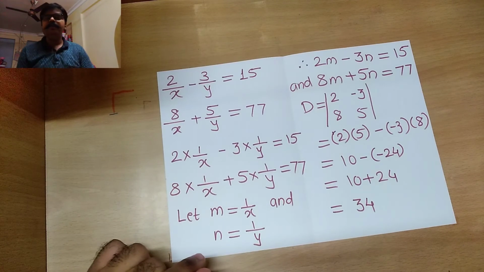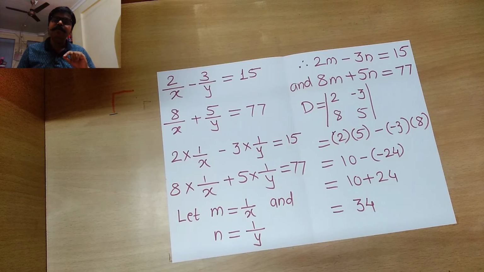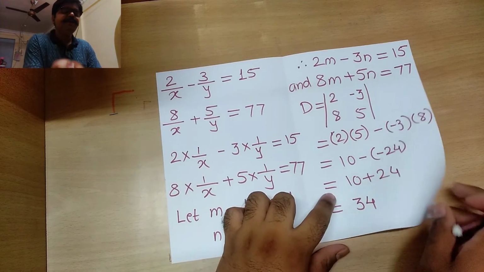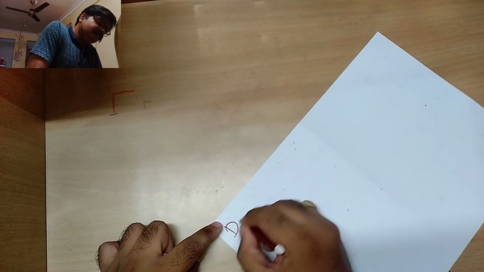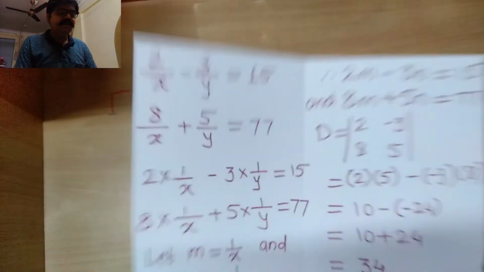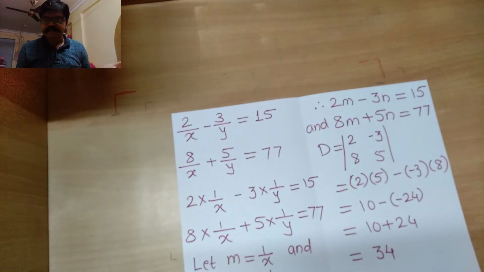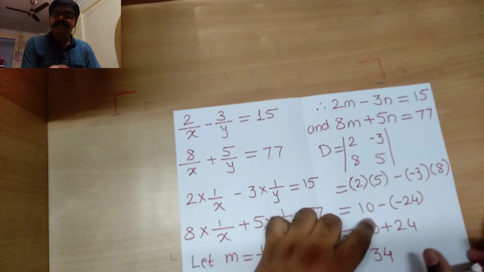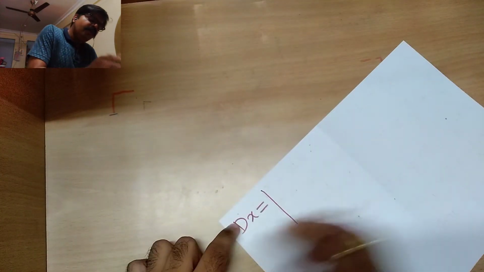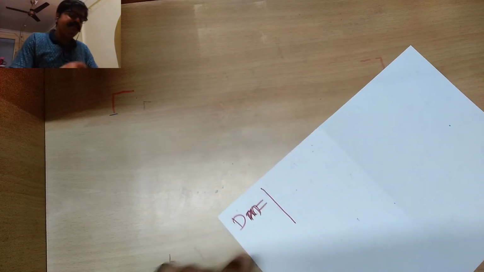So that is the value for d we have got over here. Once we have d, the next step we are going to look after is to calculate dx's value. In this case we are going to ignore x completely, or rather over here we do not have that x, so we are going to go ahead with new variables. Let us not call this dx, we are going to call it dm. That will be our dm.